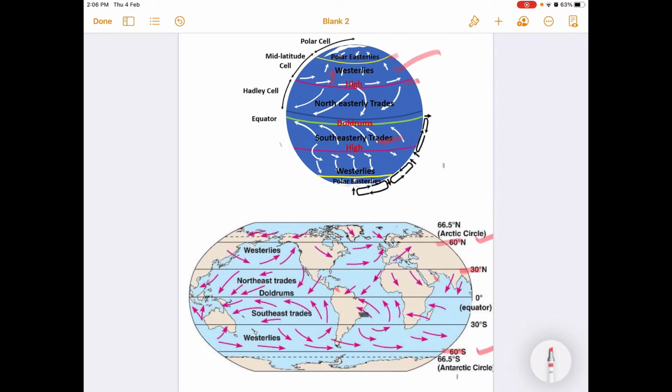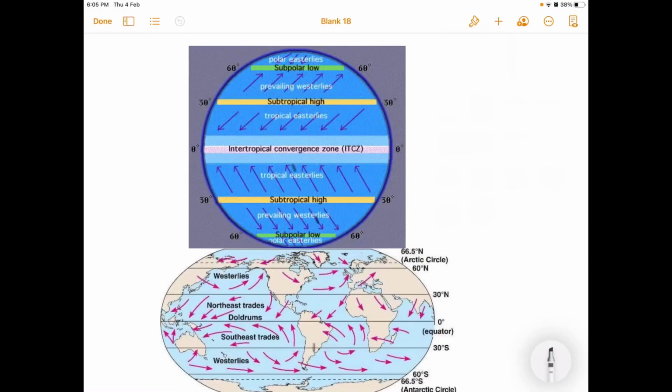Now I have already said if the winds are blowing like this, but why are the arrows bent? Because due to the rotation of the earth, Coriolis force, the winds are deflected towards the right. So that is why the arrows are marked like this, and in the southern hemisphere they blow from the northwest to the southeast direction. So as these winds, the westerlies in both the hemispheres, are blowing opposite to the direction of the trade winds, that is why they are also known by the name anti-trade winds.